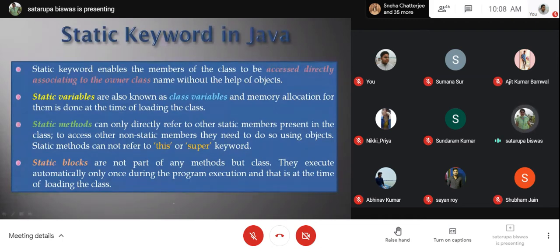If we declare some member of the class as a static member, then to access that member from outside the class, you need not create any object of the class. So in that sense, we can say the static member is actually a class member. It is not an instance variable or a method which is dependent on the instance.